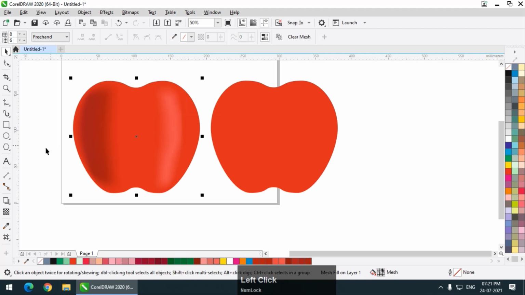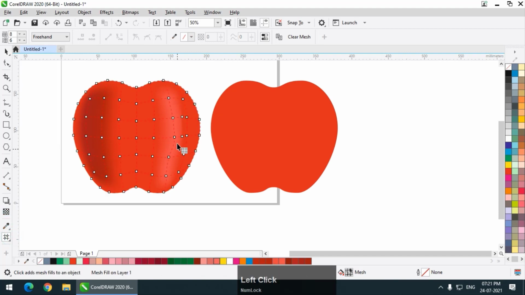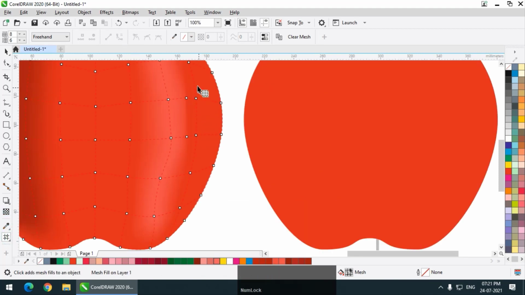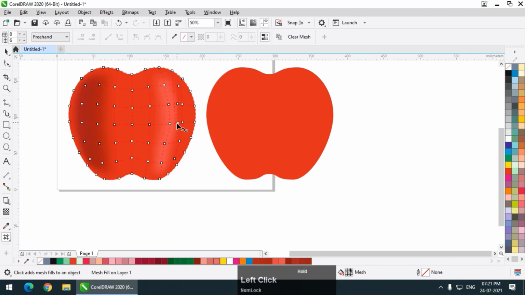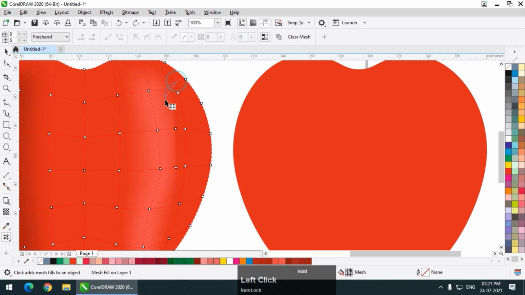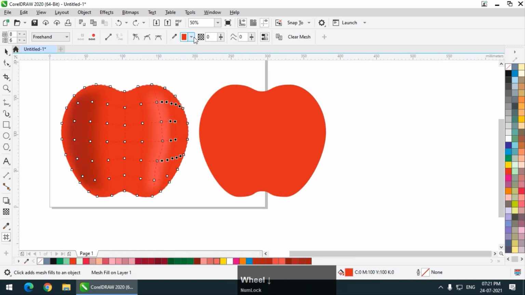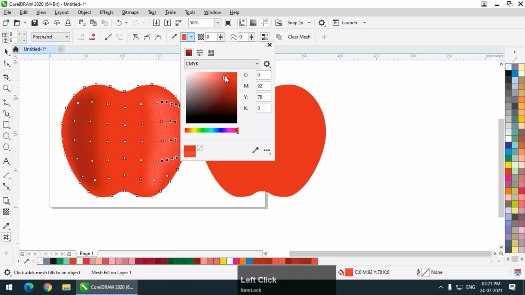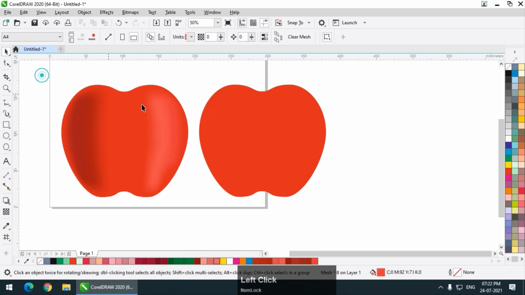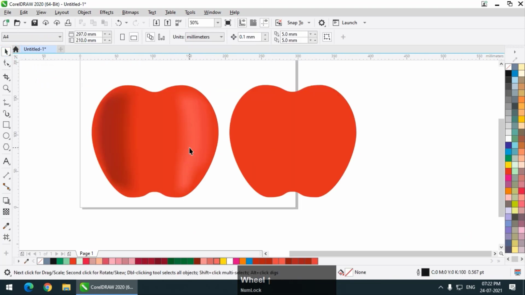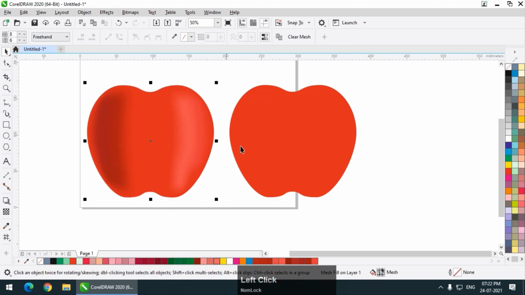So I can already see a big difference. I will select these options, maybe these points, and like this I'm going to select these options and I'm going to make them light like this. So as you can see, this particular shape is looking more realistic as compared with this.